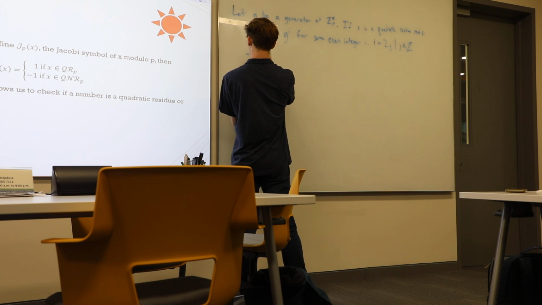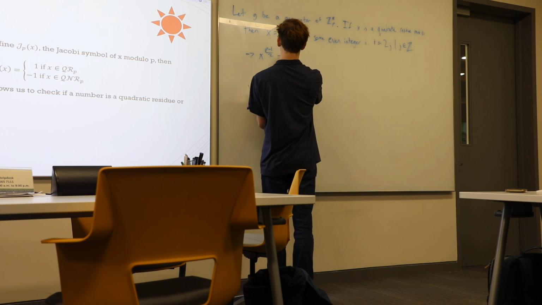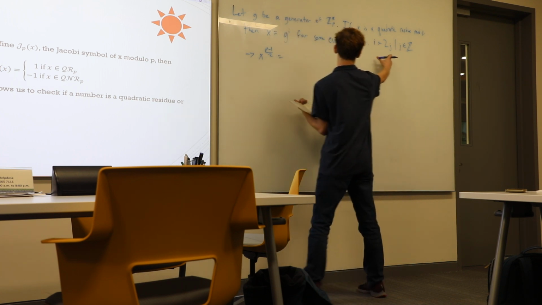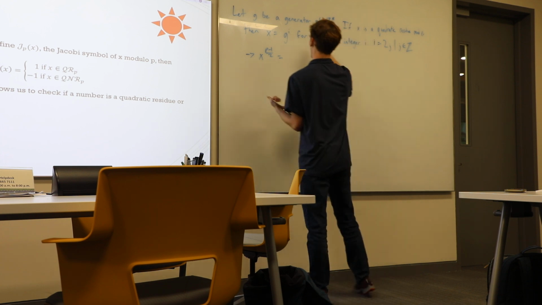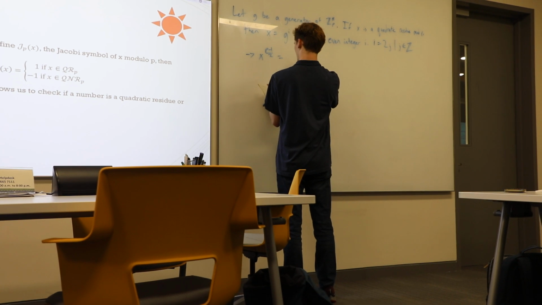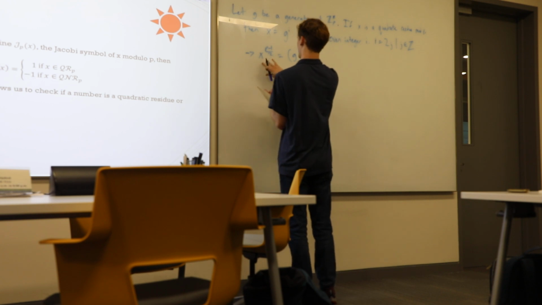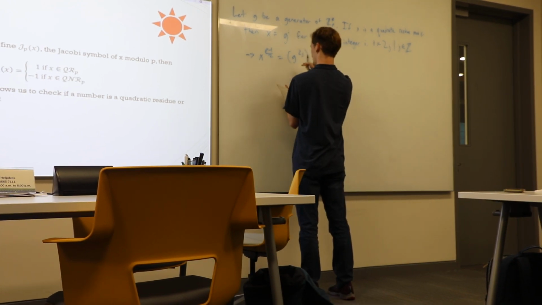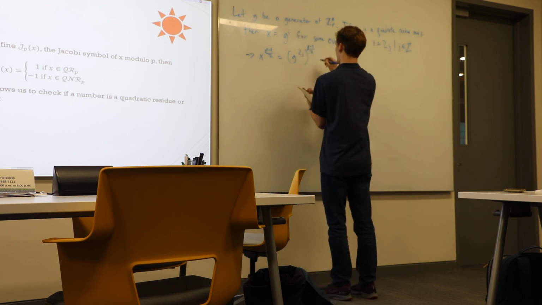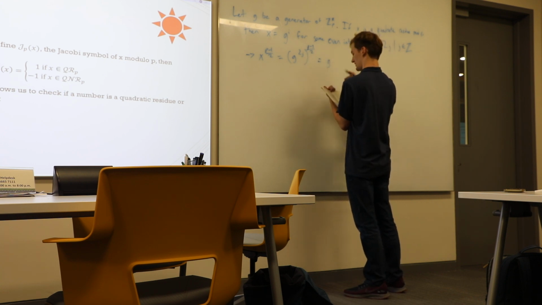So that means that x to the p minus 1 over 2 is the same, just by doing this substitution. So 2j for I, and then g to the I for x. So you have x is equal to g to the 2j. And then this thing would be equal to g to the 2j times p minus 1 divided by 2. And then you can cancel the 2, so you get g to the p minus 1 times j,